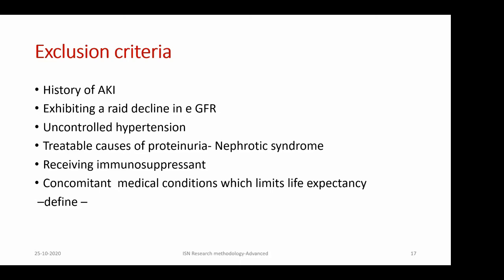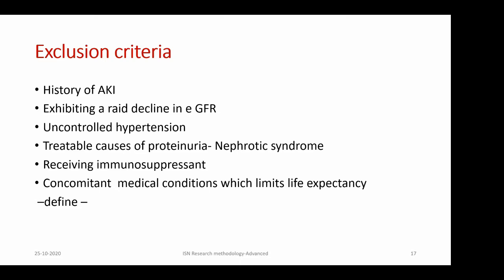Again, uncontrolled hypertension, this is something which can alter the GFR trajectories. Again, this should be defined. It is up to you to put the upper limit, say 160 by 100 or 180 by 100. You can define the number of antihypertensives, say 4 or 5 antihypertensives, which includes a diuretic. The problem in defining uncontrolled hypertension is if we stick to the conventional standards, say 140 by 90, you might not get any patients, because we know that most of the patients will have some borderline hypertension, in spite of optimal drug control.